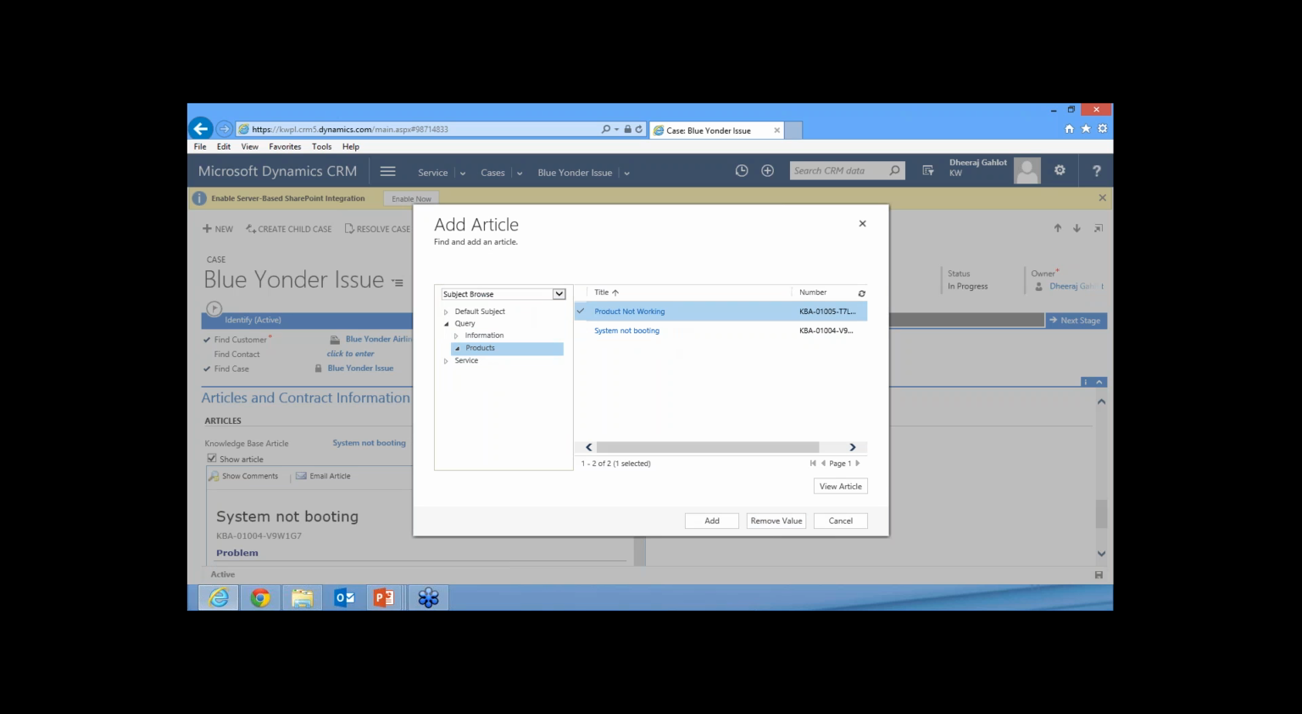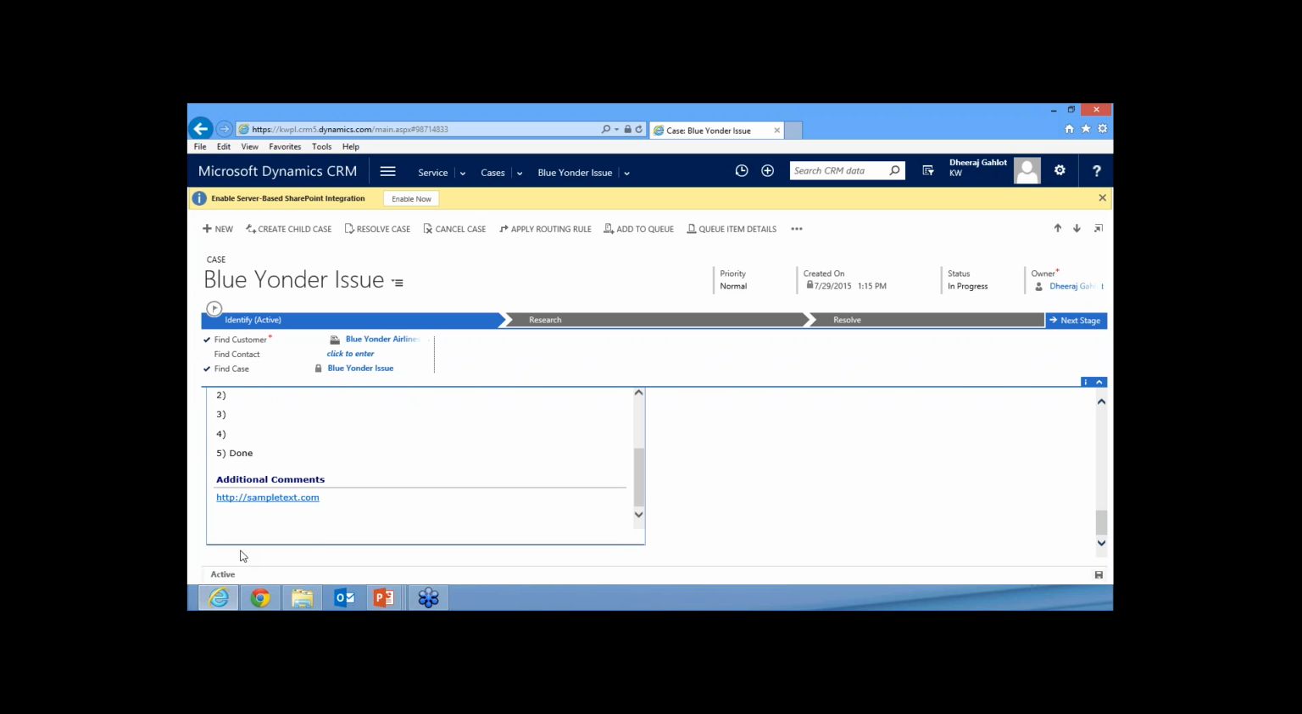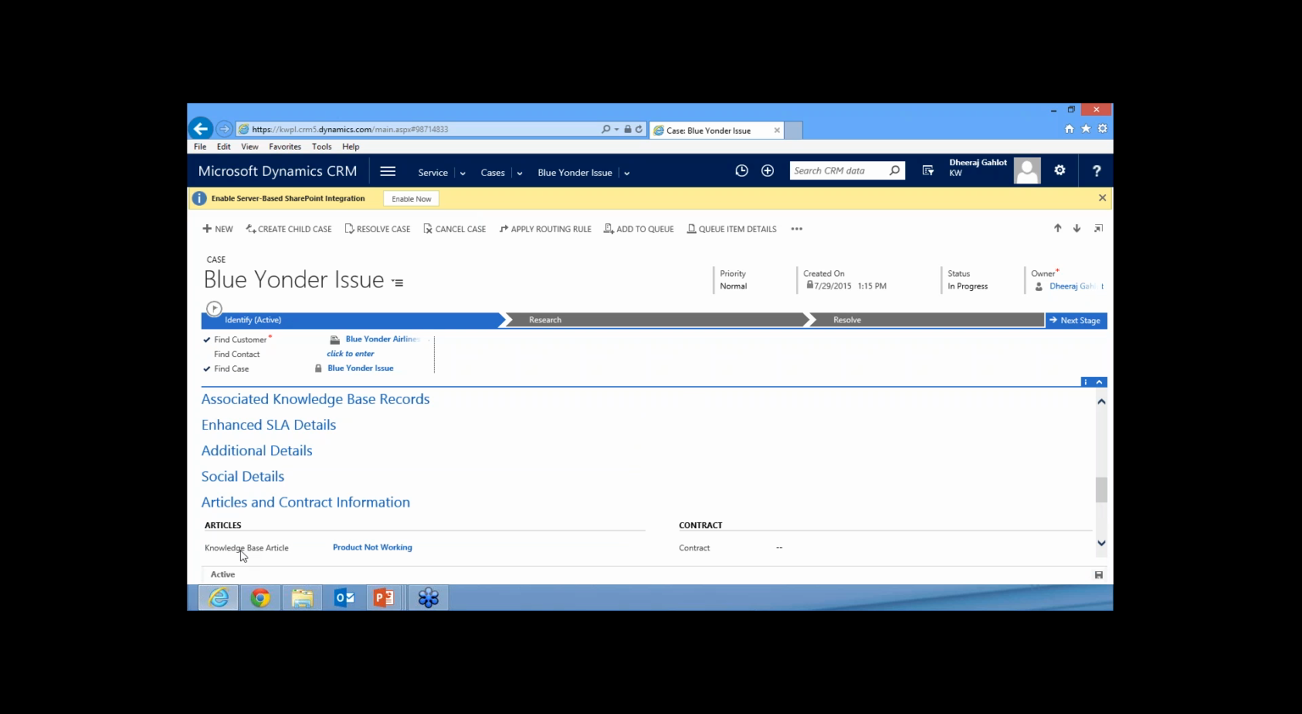So let me select the other article this time, product not working, click on add, and that product not working will be listed down here. Now I can make use of this article to resolve the issue which the customer is facing. So this way I can make use of the knowledge base articles. So next is